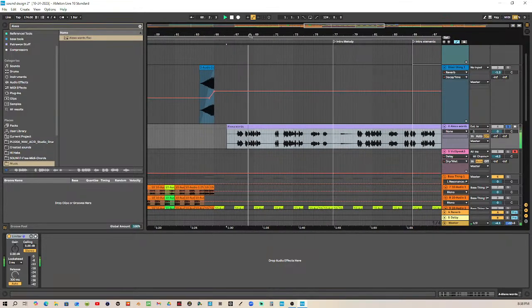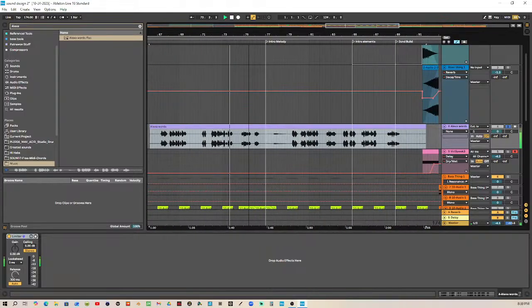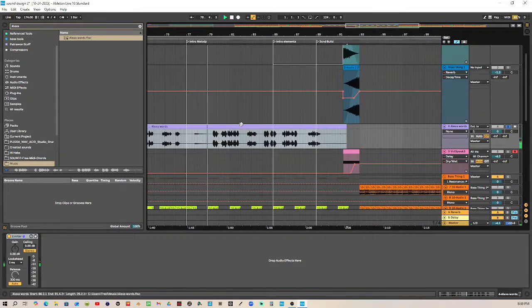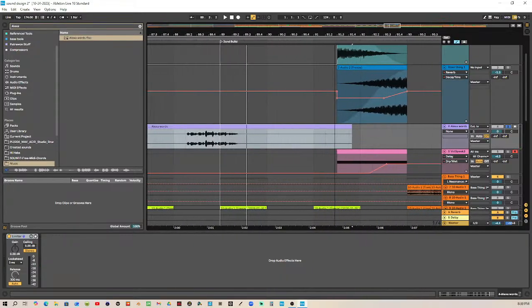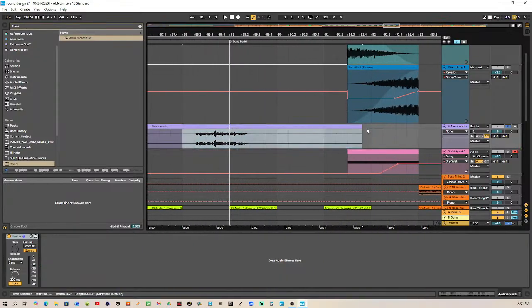Simon says, I'm going to change the breakbeat pattern now. Alexa, Simon says, I'm going to change the breakbeat pattern now. I'm going to change the breakbeat pattern now. Lame. Alexa, Simon says, I'm going to change the drums now. Alexa, Simon says, would you like me to change the drums for you? Would you like me to change the drums for you? There we go. We're going to use that one right there.